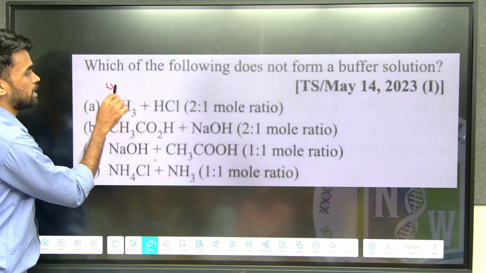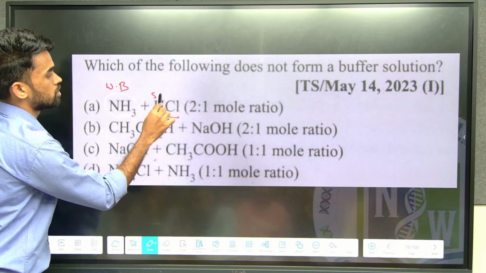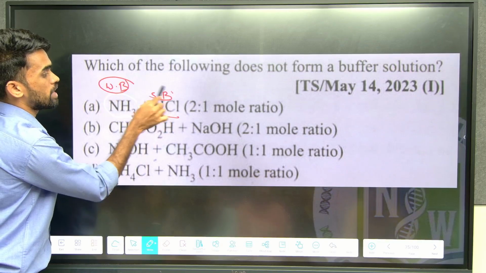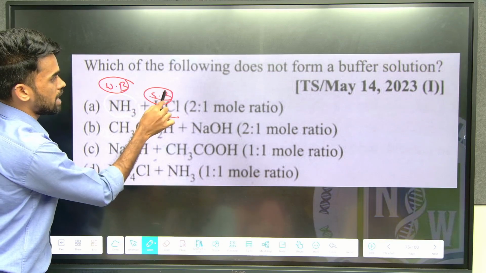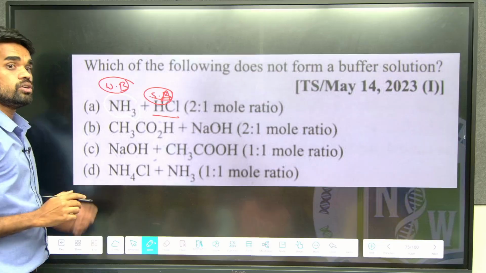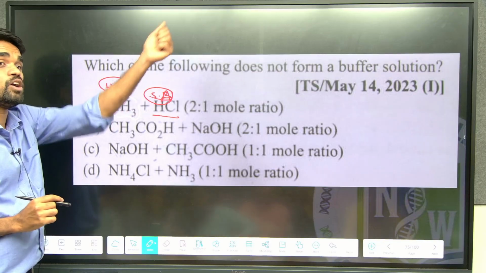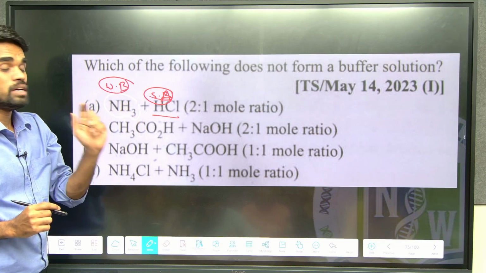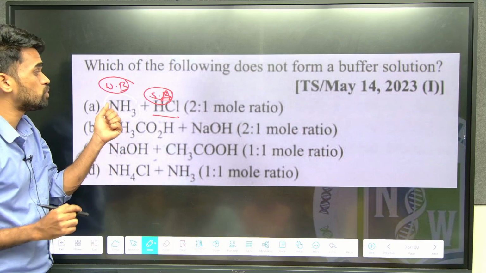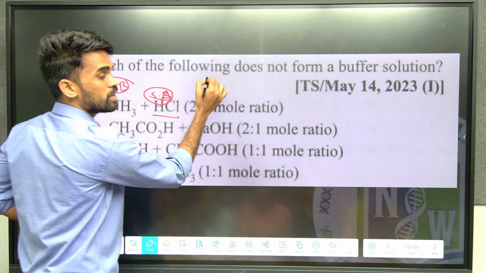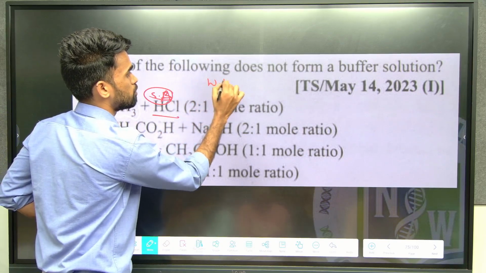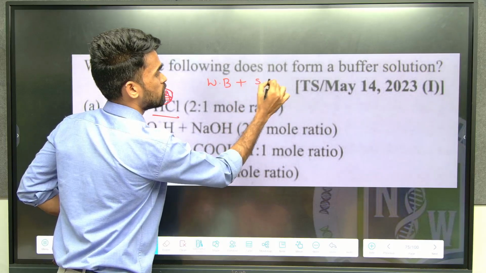Weak base. This one? So weak base is strong acid. Strong acid. So now, what type of buffer we have possibility? Basic buffer. In order to make basic buffer, who should be more first? See, basic buffer combination ఎలా ఉండాలి చెప్పండి? There should be weak base plus salt of that weak base plus